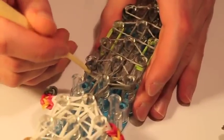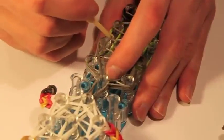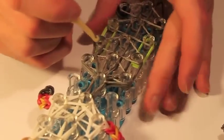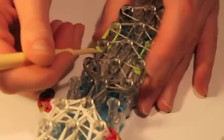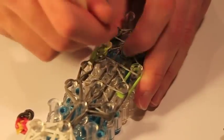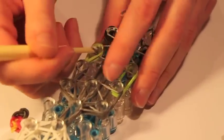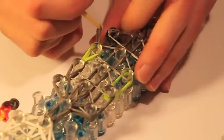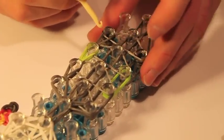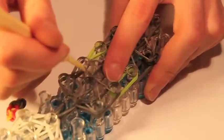Next you're going to go into here, grab the top two gray rubber bands, and hook them around this pin. You're going to go down here, grab the two neon green bands for his eye, bring them around like this, and then go up one more with these gray bands and place them over his ear like that. Now we're going to go into the middle row, bring these forward,